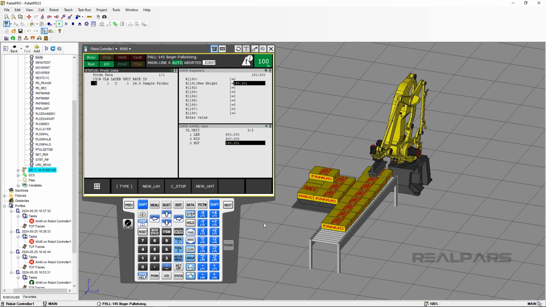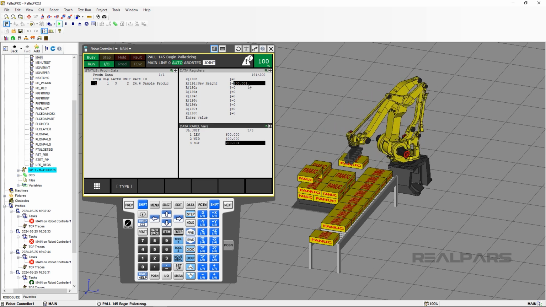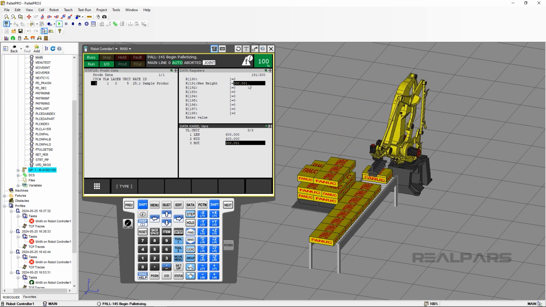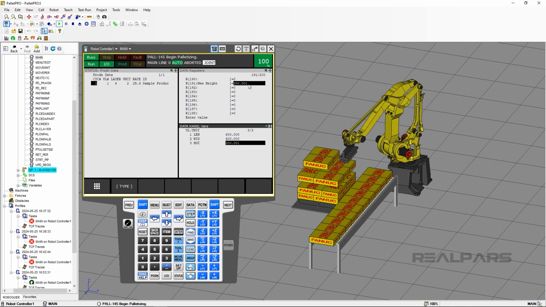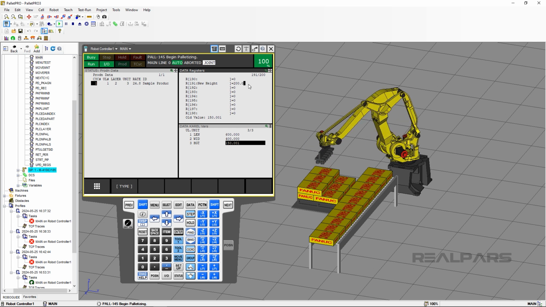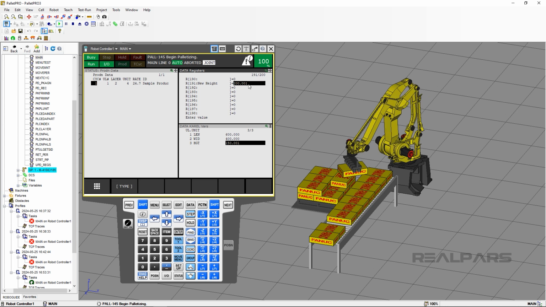Play with numeric register 191 to see that the height of the box changes. You should note that the graphics will not change dynamically. This is just to illustrate the change. You should exercise caution if you are ever changing this value on the fly. Notice the height change. When you restart the cell, the graphics will update to the last value you changed. In this video, we learned how to change the height of a unit load using the PTSETVAR program in PalletTool